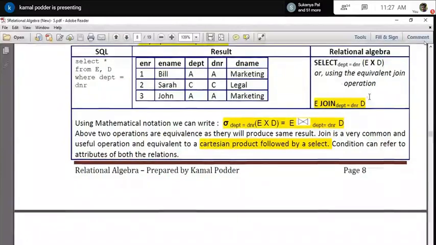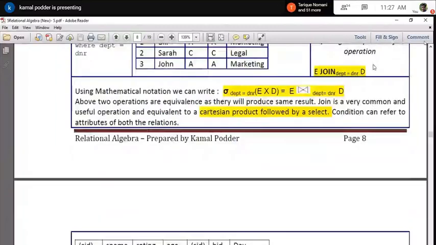If you really want to write it, these are basically equivalent expressions. Here I have done the Cartesian product and after that we are applying this selection, but the same operation I'm doing with the help of join. You write the join, then the joining clause, and on the left side you can refer to one table, and on the right side another table. If you want to use the mathematical notation, these are equivalent basically. In case of join, you can write the symbol. This is the symbol.